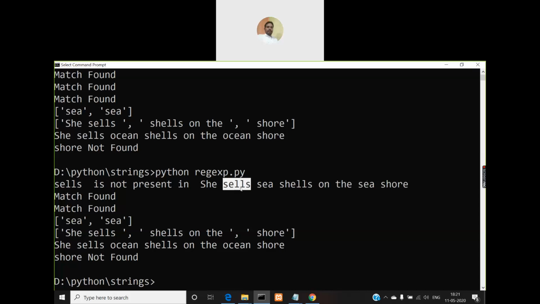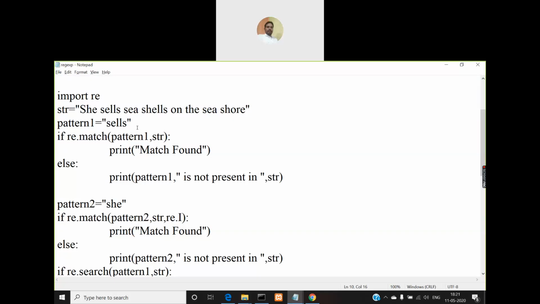Because this is not at the beginning of the string. What do you have at the beginning of the string? You have she, right? So you must understand that this match function will search for that pattern at the beginning of the string only.